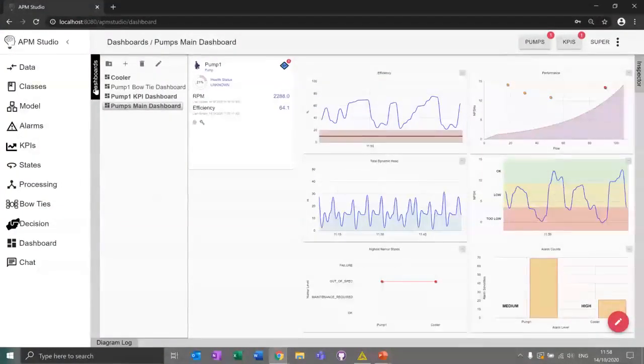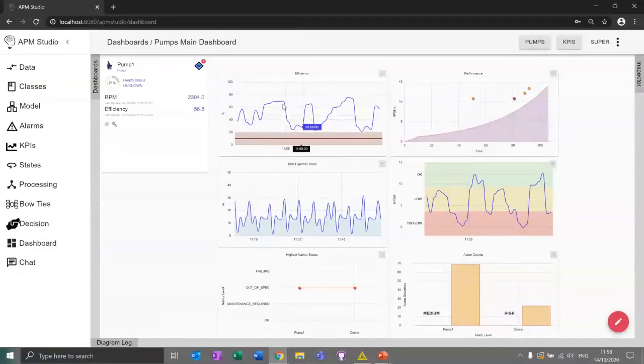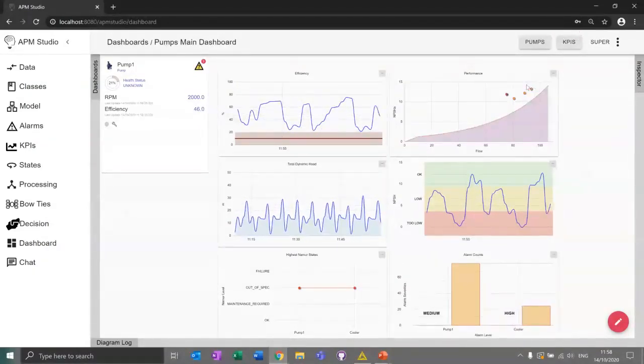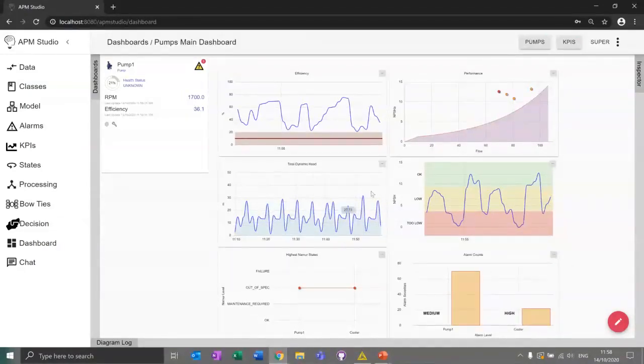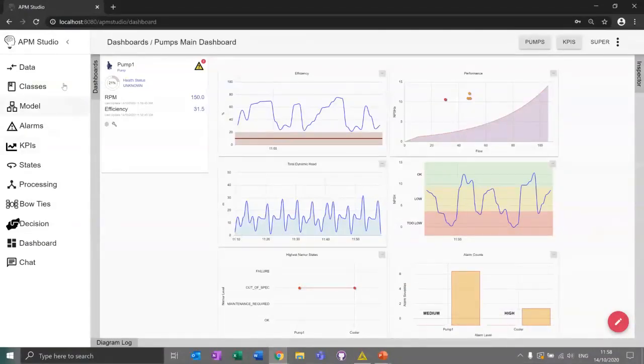APM Studio. So this is just a dashboard for my system, in this case, one of the pumps in my system, showing the efficiency of the pump and where it's currently at on the performance curve, and showing what the total dynamic head is. There's some kind of recipe being run here, so it's quite periodic, you could say. And it also provides me with an insight of the highest Namur alarm state and the total number of alarms that I have incoming. Inside APM Studio, you can connect